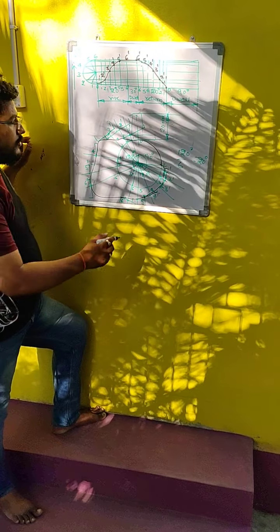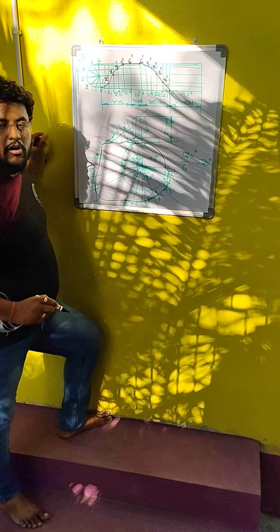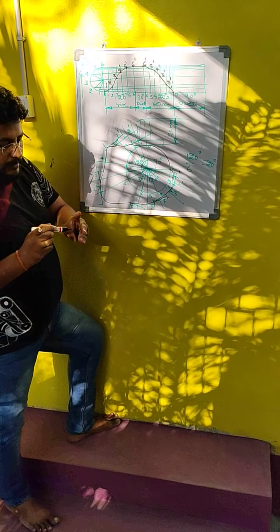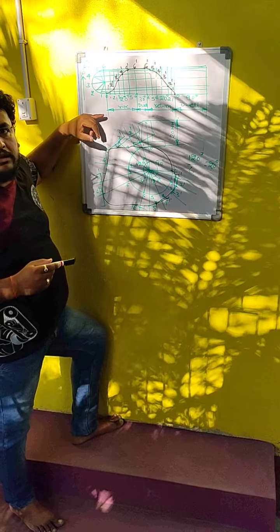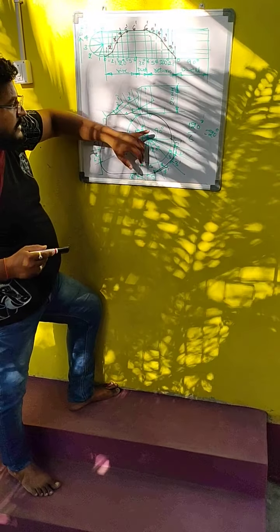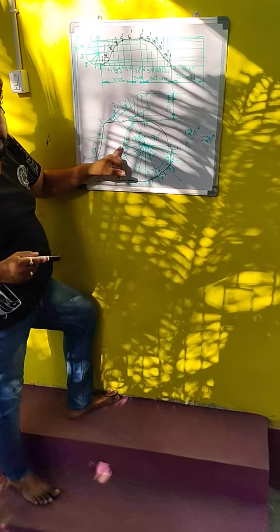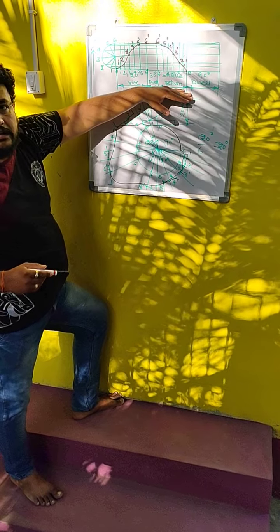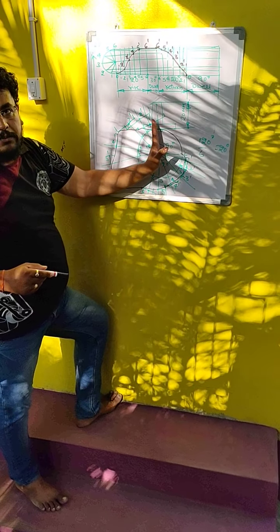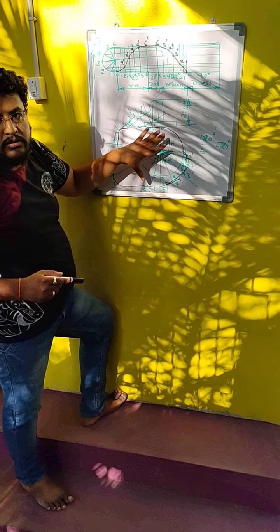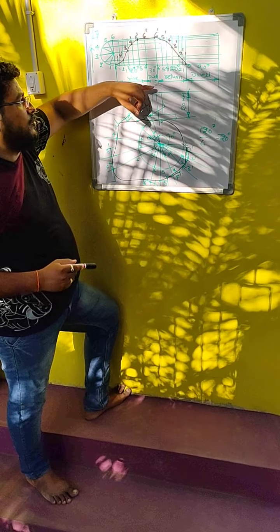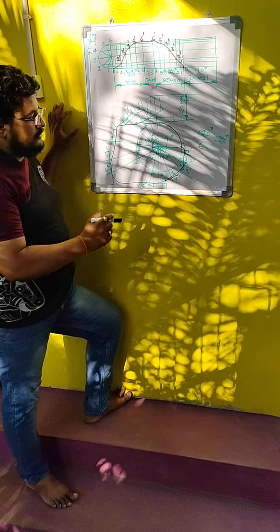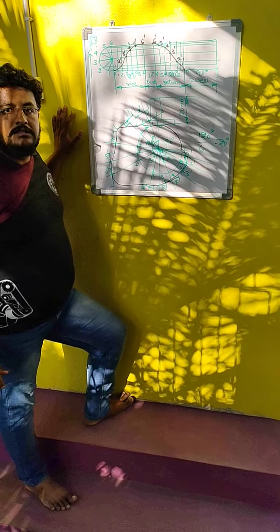Once again I repeat, what you have to do is draw the base circle of given radius, and it is to be divided into some number of parts as per the question. Here 120 degrees is the rise given, therefore it is to be divided into 120 degrees first portion. Next 30 degrees is the dwell. Next 120 is the return, and the remaining 90 degrees is the dwell period. That means you have to divide the circle into categories: rise, dwell, return, and once again dwell period. Here the rise period is divided into 6 equal parts, therefore this 120 degrees is also to be divided into 6 equal parts.